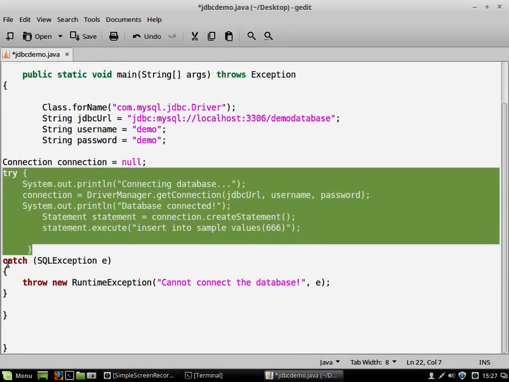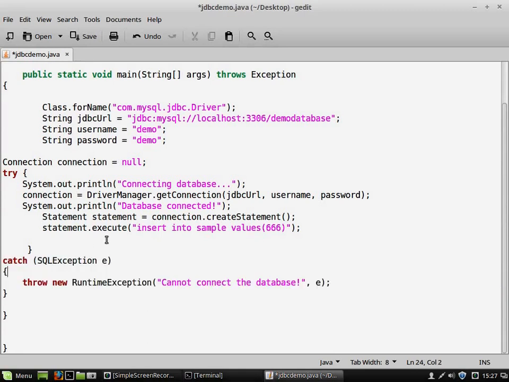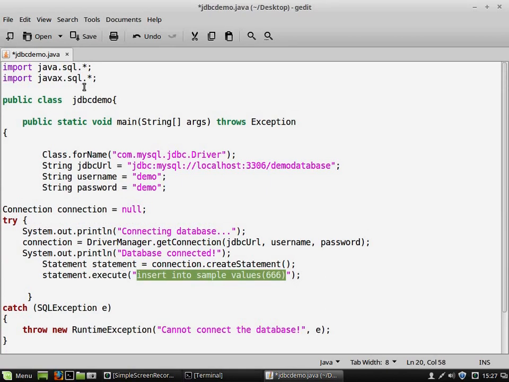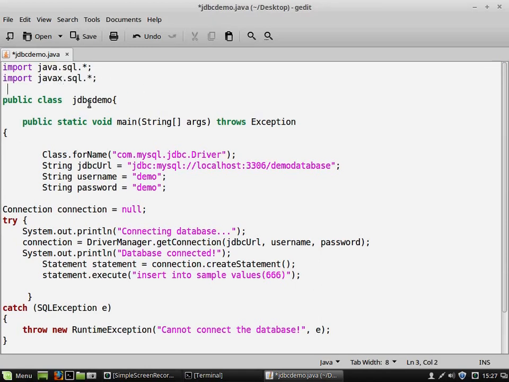After closing this try block, we need to write a catch block to catch SQL related exceptions, because these exceptions will not be caught by normal Java exceptions. Okay, so these exceptions are related to Java. Everything, exception handling and all these methods and classes, are defined in java.sql or javax.sql, where x stands for extended. Right, this is a program that we are going to compile and execute now.